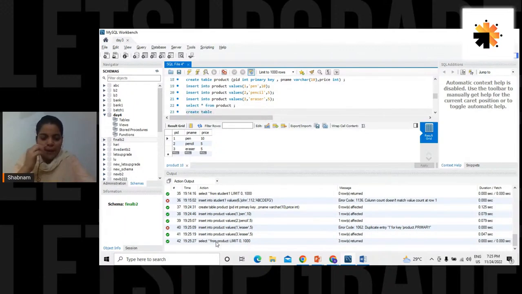Create table orders. See, the word order is a keyword, so change the name of the table. If it's a keyword, it will give you an unnecessary error. Okay, let's take orders. First column, let us take it as OID, meaning order ID. Two transaction IDs cannot be the same. It's an integer and the primary key of this table.